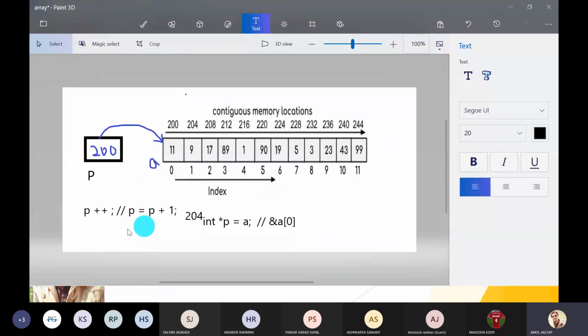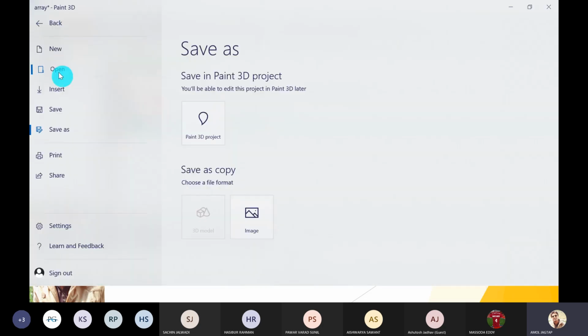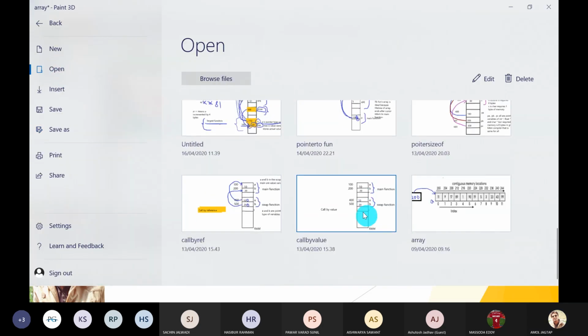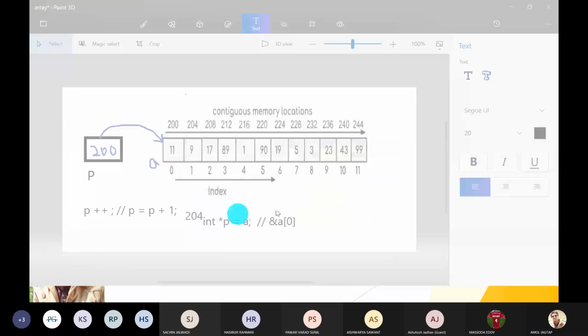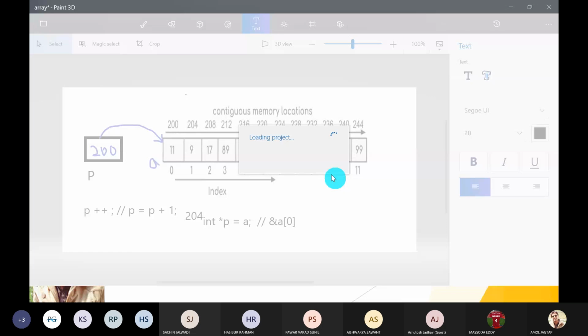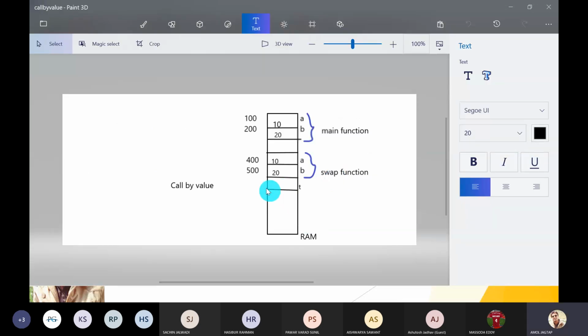Okay, so here, suppose A, only one. I will show here. Is it visible? Yes, sir. Okay, so I will take one pointer type of variable here. This P is a pointer type of variable.